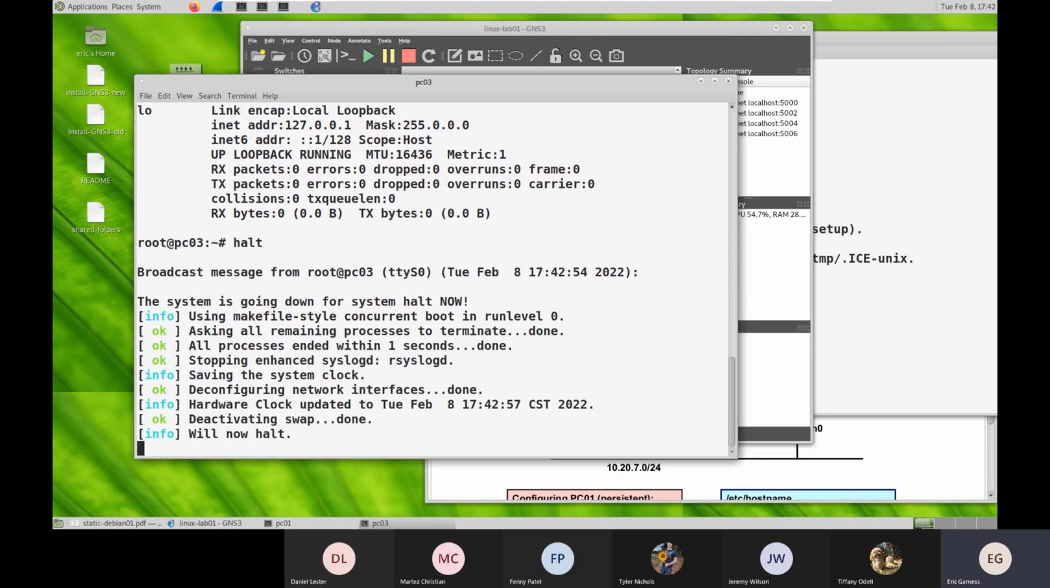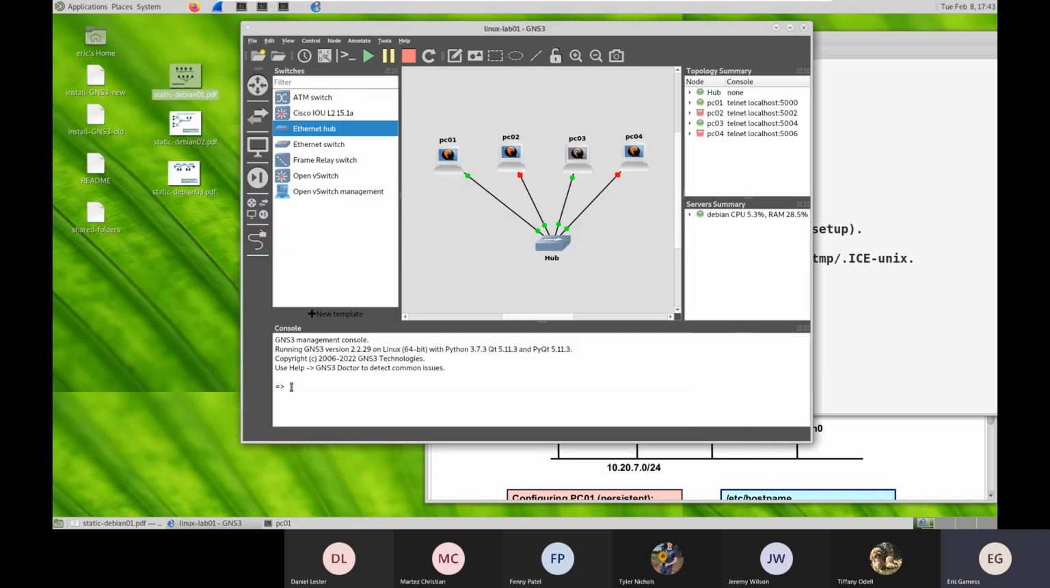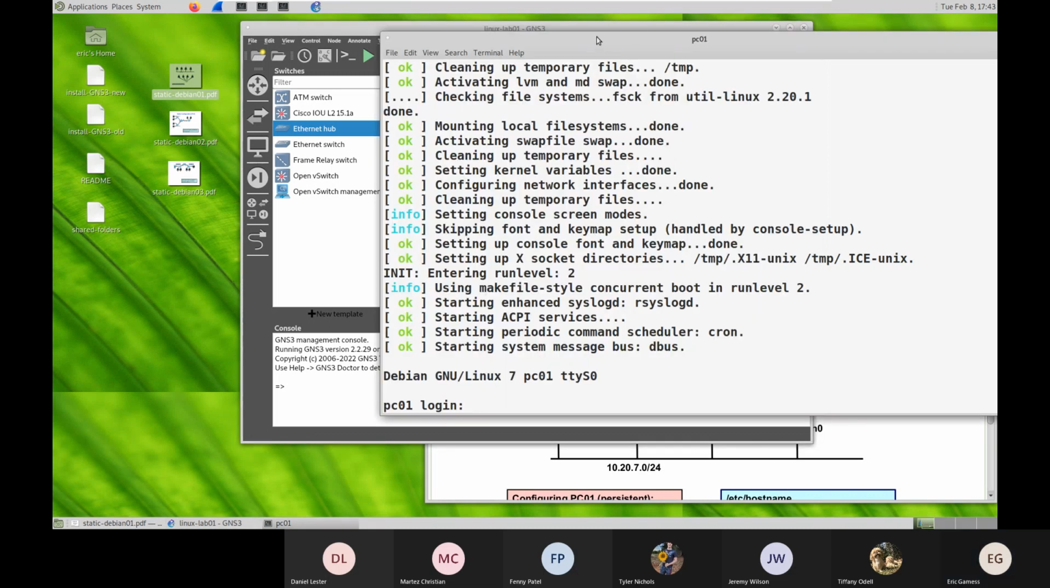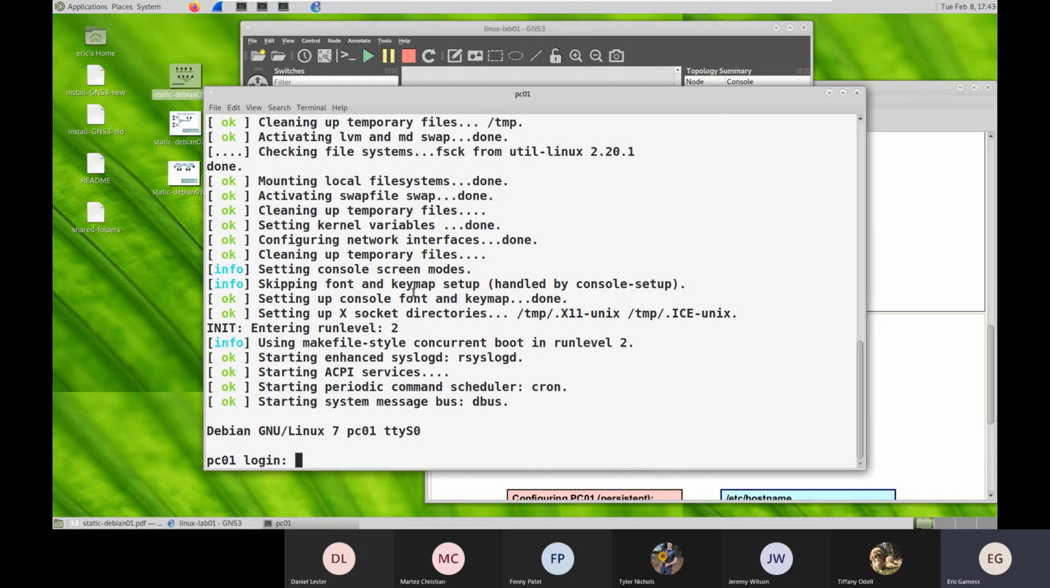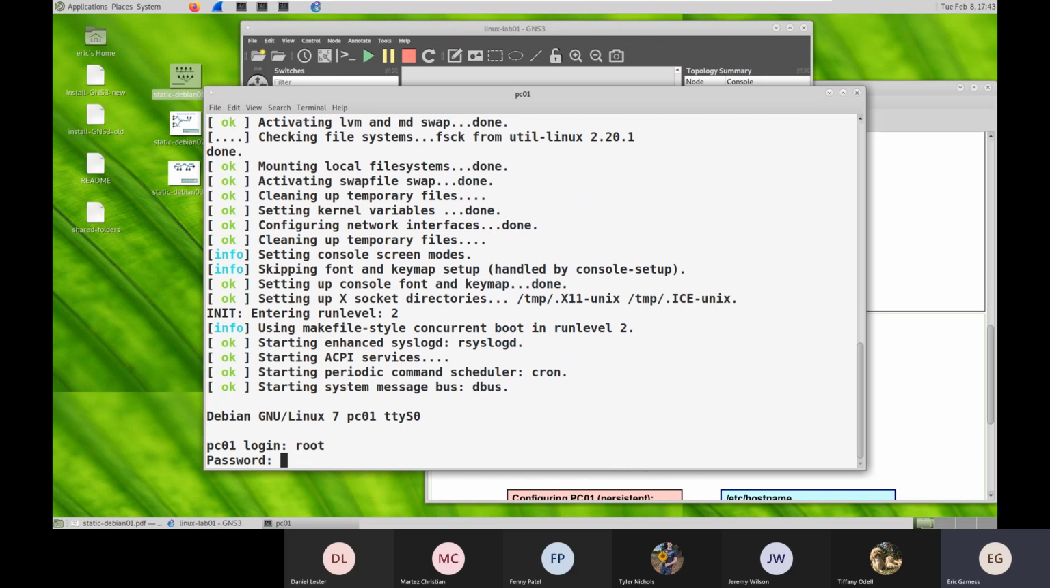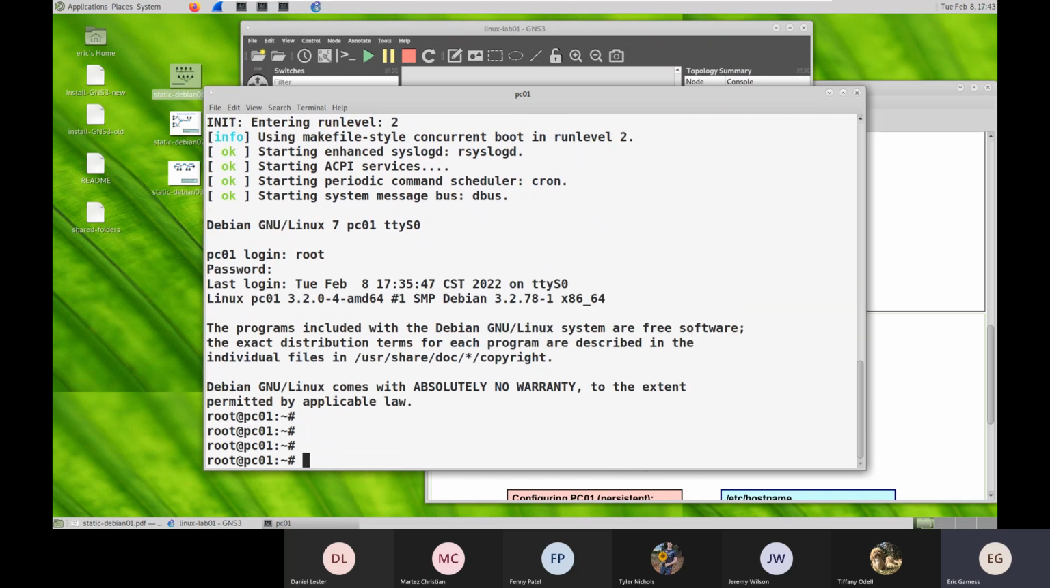So I'll do the same thing, kill the processes, and as you can see, it was PC3. I don't remember if it was PC2 or PC3, but both of them are off. Now I'm going to do it with PC1, but I'm going to show you another command. So let me enter as root, password tour. I'm going to use the shutdown command,